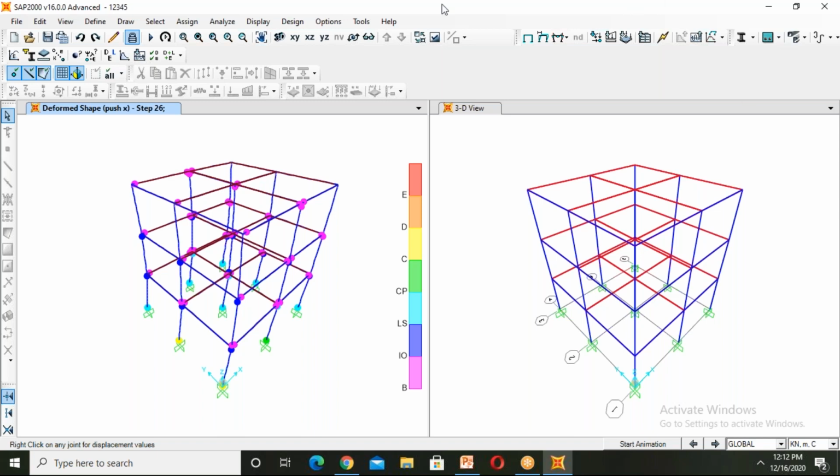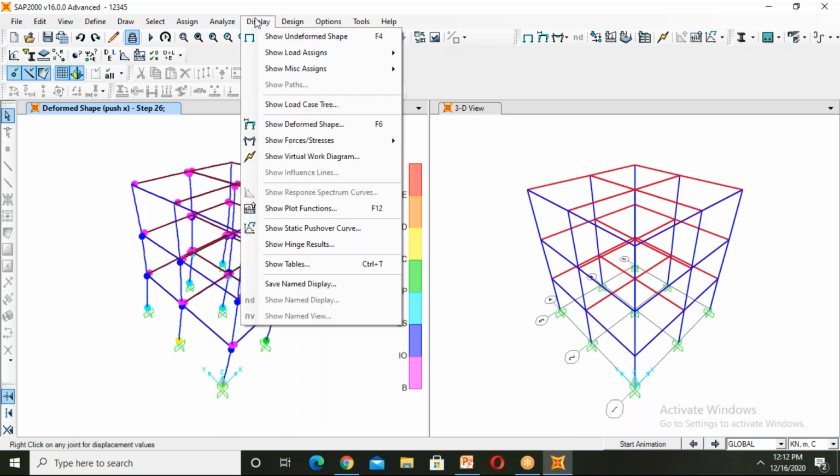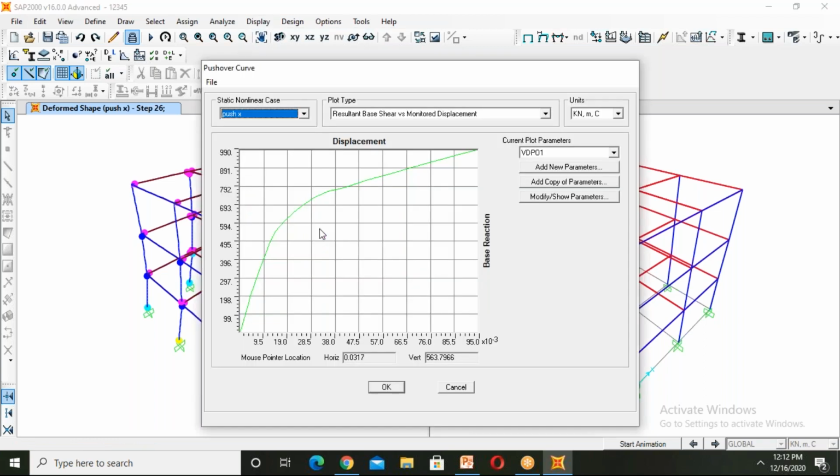Now we'll see our pushover curve. Go to display, then click on static pushover curve.